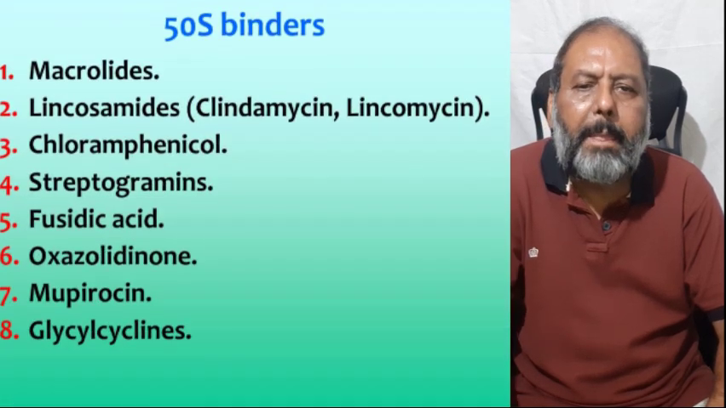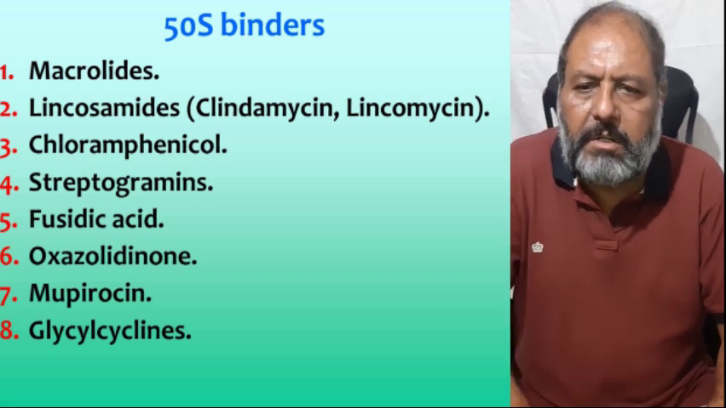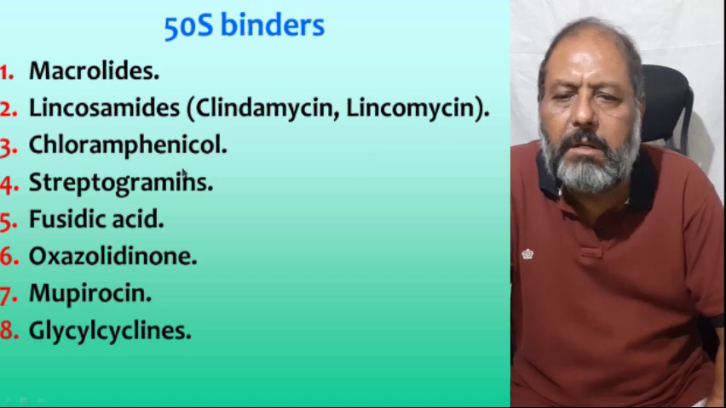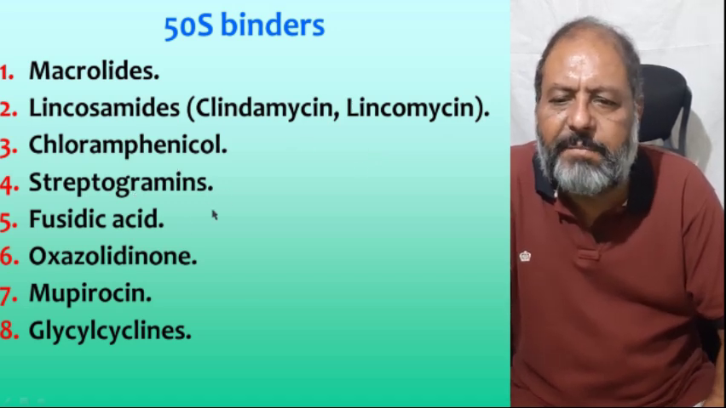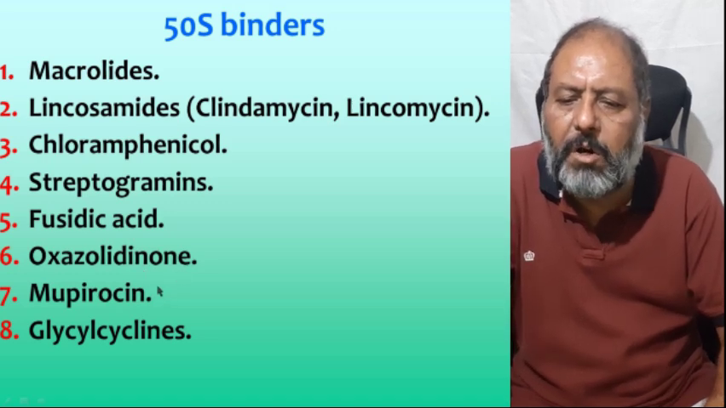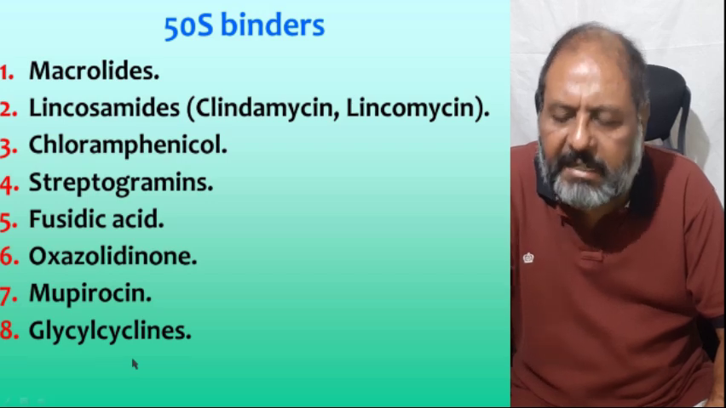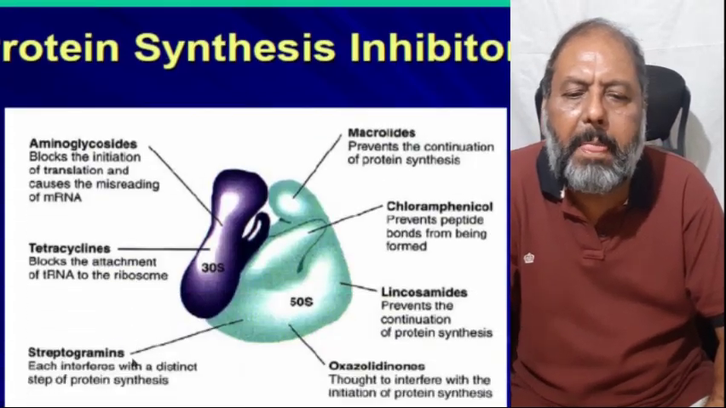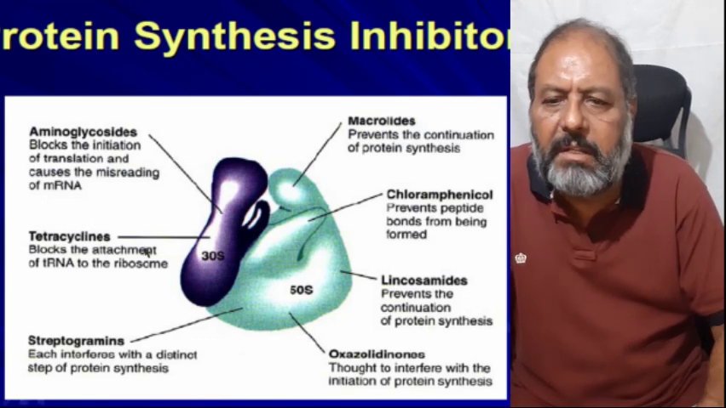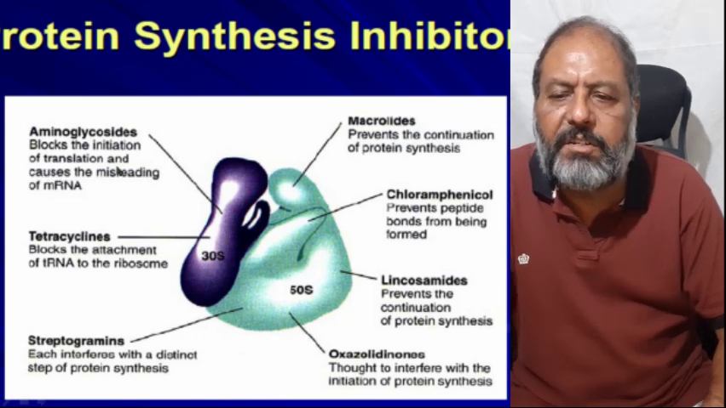Other. Now, coming to the 50S subunit binders, these are macrolides, lincosamides, clindamycin and lincomycin, chloramphenicol, streptogramins, fusidic acid, oxazolidinone, and mupirocin, and glycylcyclines like tetracycline. Here one can see the protein synthesis inhibitors, that is aminoglycoside, which blocks the initiation of translation and